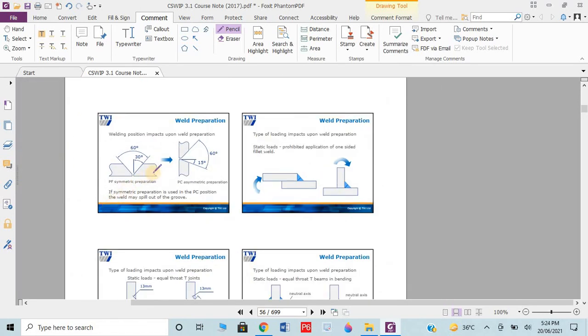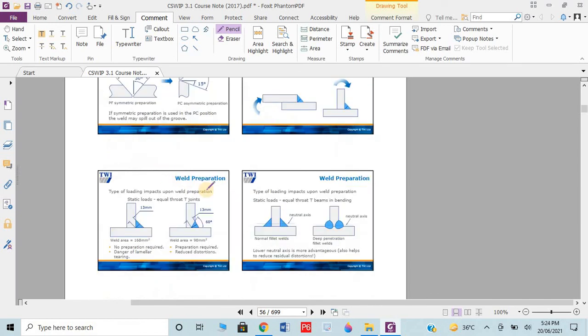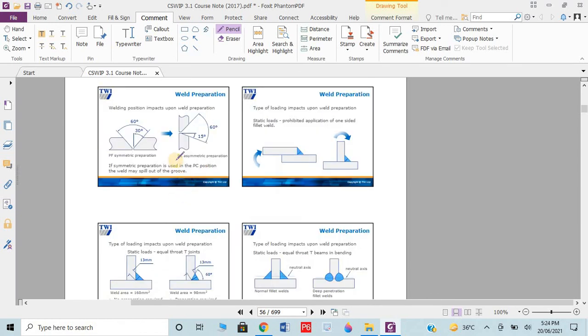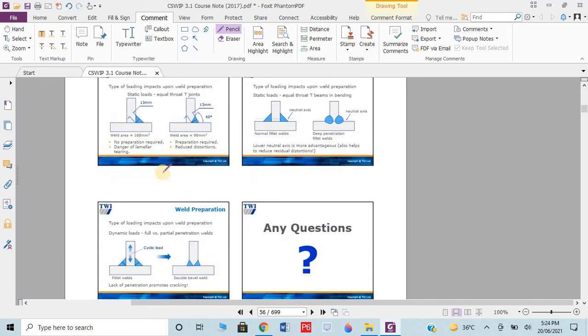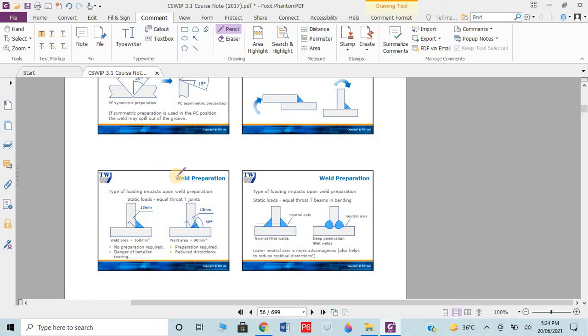Regarding the welding position, I want to hold it here, and I will make a separate video because the welding positions are important. I believe this lecture is already elongated and very lengthy, so I will prepare the welding position lecture and upload it to my YouTube channel for your better understanding. I believe you got my point and understand all the chapter.